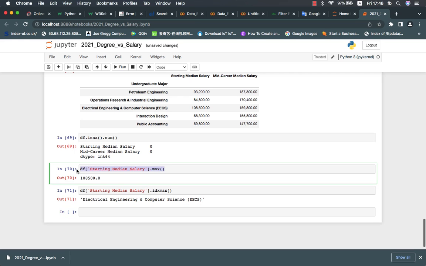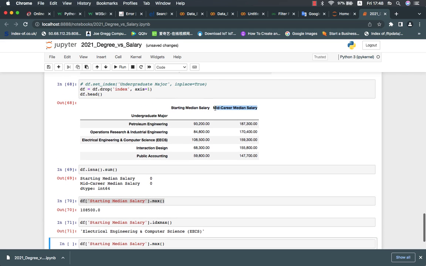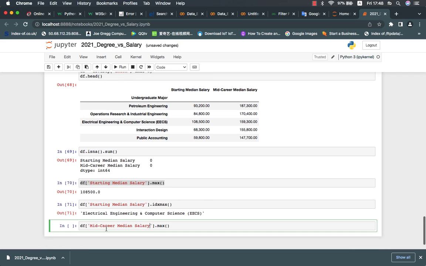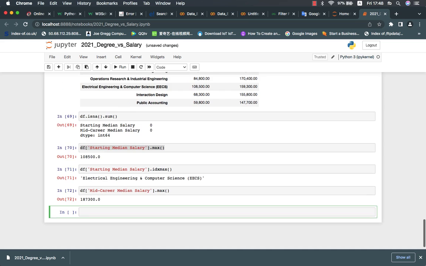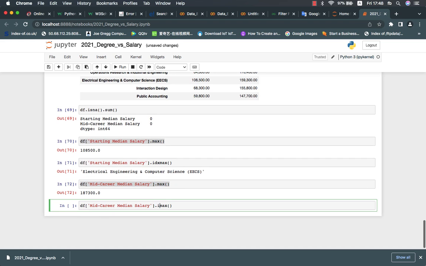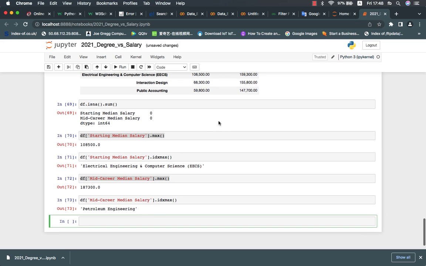Let's do the same with mid-career, if you have been there for some time, from 10 years upwards. Mid-career, median salary. Which one is the highest? Okay, 187,000. And which one is that? Again, we do idxmax. Petroleum engineering. Oh wow, that's amazing. After some time, you start earning more with that one. Okay, cool. So I think that's the highest amount of money you can get with all these